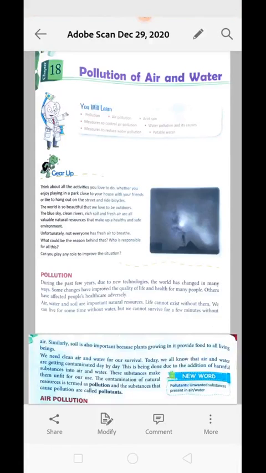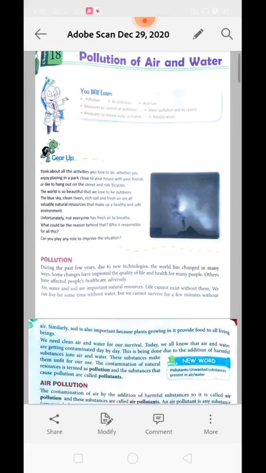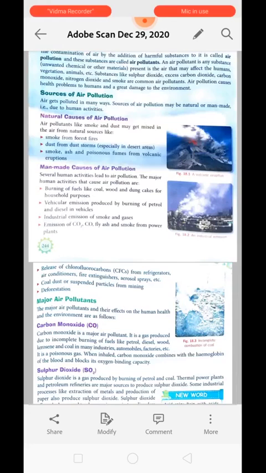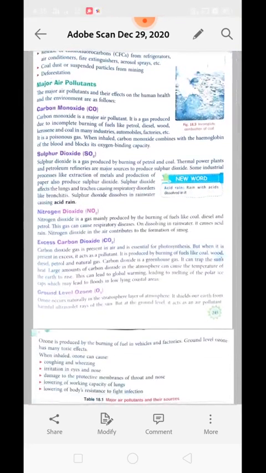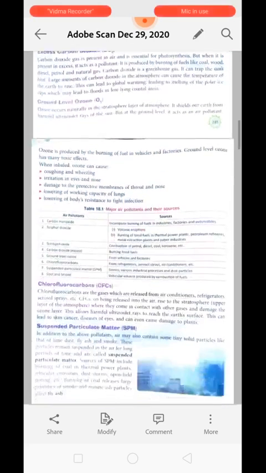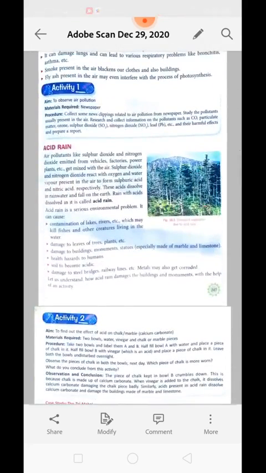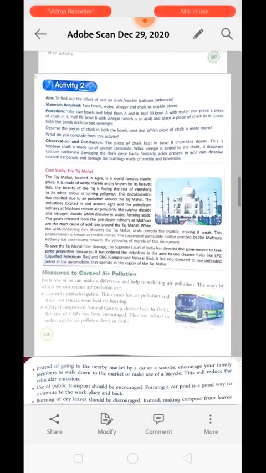Today we are going to discuss the second part of chapter 18, that is called pollution of air and water. In our first video we have learned about pollution. We have talked about air pollution and the causes of air pollution. We have also discussed several pollutants like carbon monoxide, sulfur dioxide, nitrogen dioxide, carbon dioxide, ozone, etc. We have learned about acid rain as well, and now we are going to study a case study, the Taj